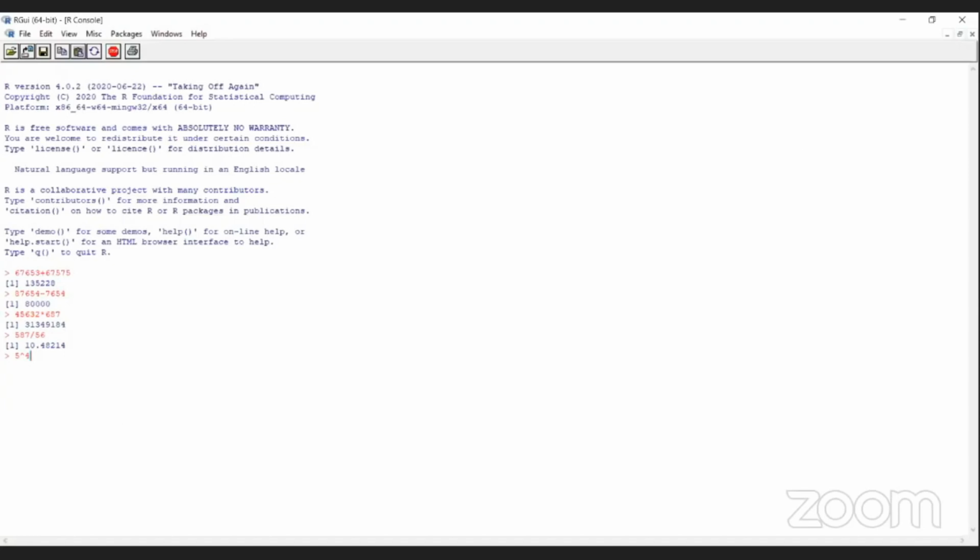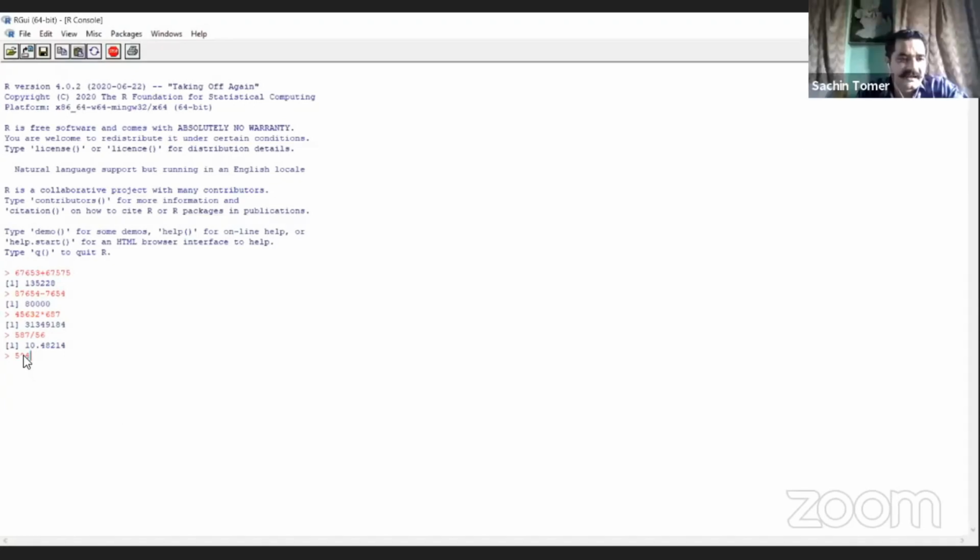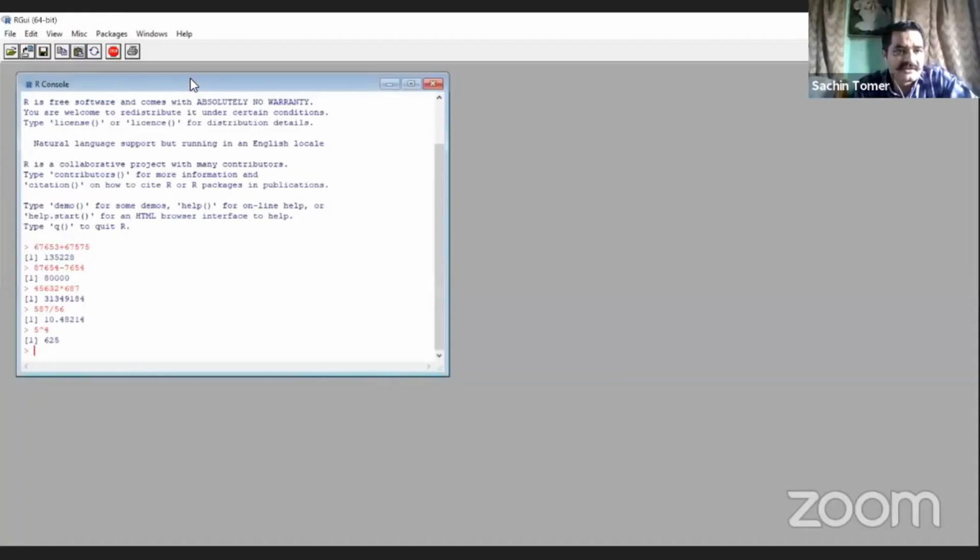So the caret function is used to get the power result. After enter, you can get the result of 6 to the power 5. These were the very basic operations used in mathematics and many other subjects. But there is a main drawback of this console window.